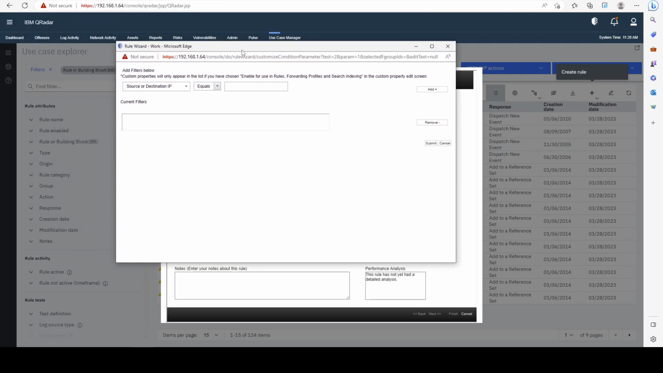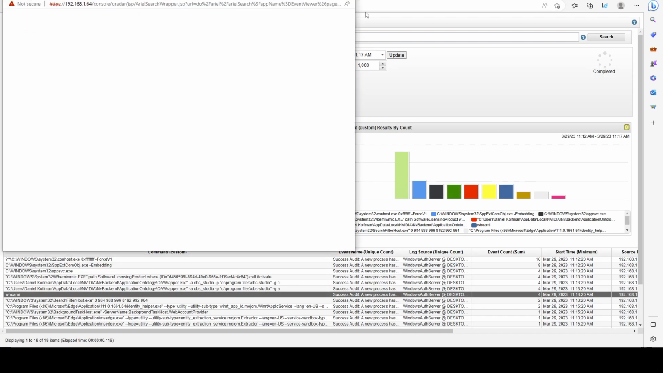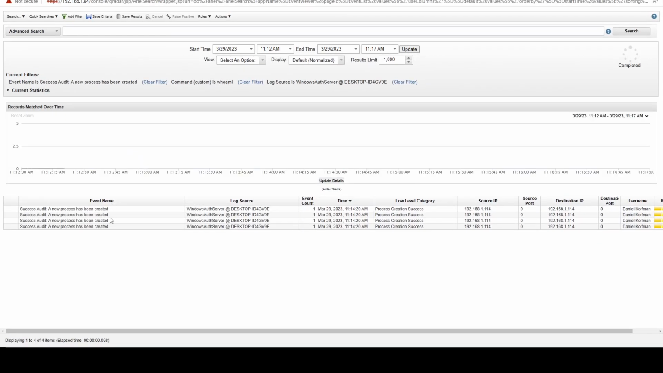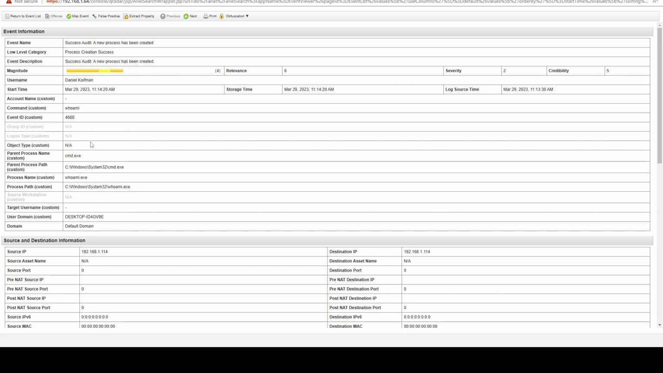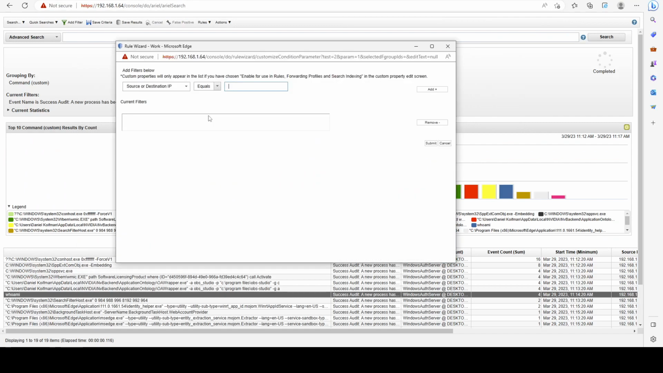And again, we can use either the QID because we know that we're being very specific only to one type of event, or we can use one of the custom properties in the event itself. So I'm going to choose to do that. It doesn't really matter. So as you can see, 4688 falls under event ID, right? So I'm going to go ahead and